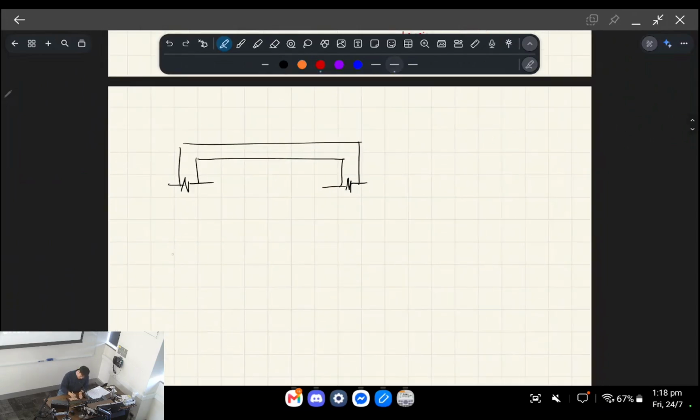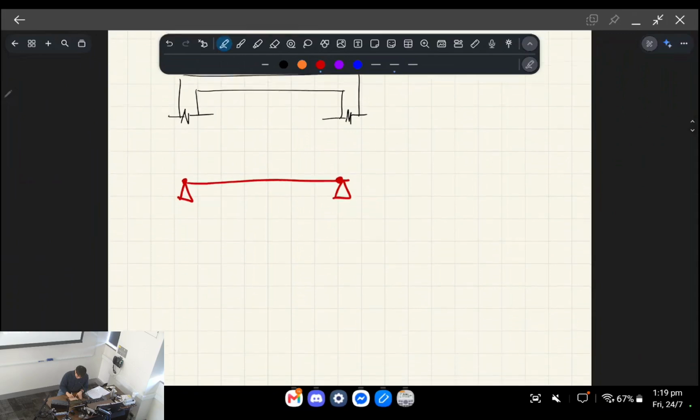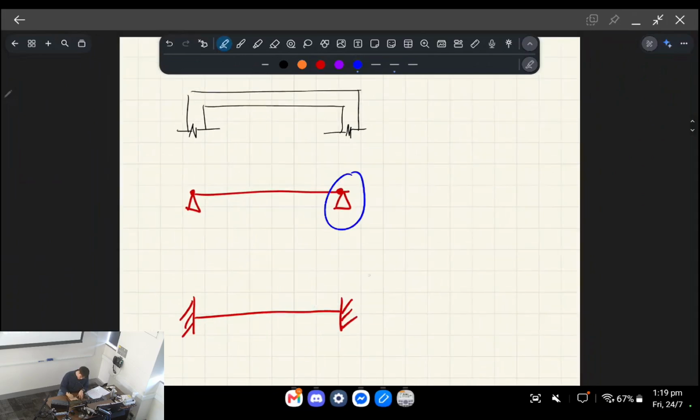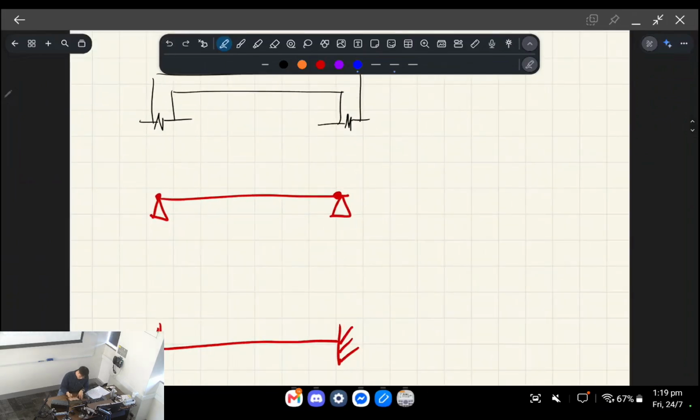So one school of thought, even though we know this system is simply supported in some way. In other words, it's got two supports at the columns. How would you model the beam? Okay, so we're focusing on the beam. One school of thought is you can model it as simply supported with pin supports. And another school of thought is you can model it as fully rigid. So what is the difference between these kinds of supports? The main difference is the rotational stiffness, right? So rotational stiffness,